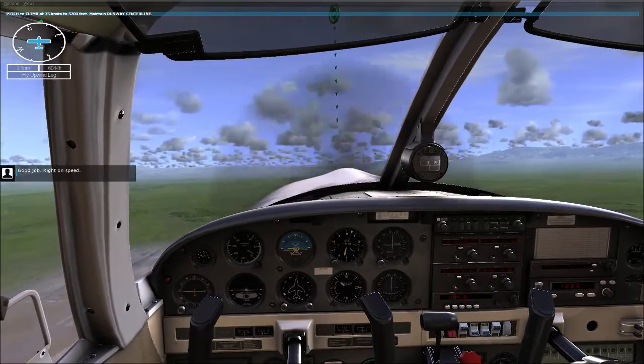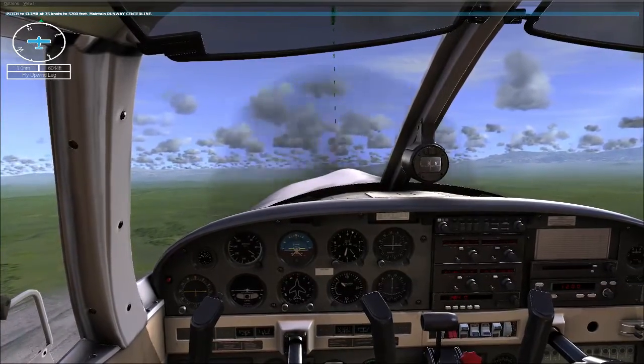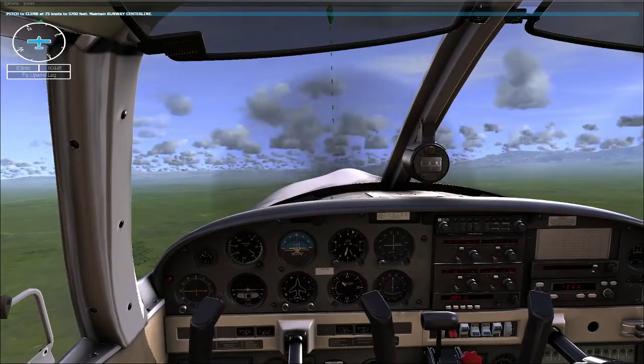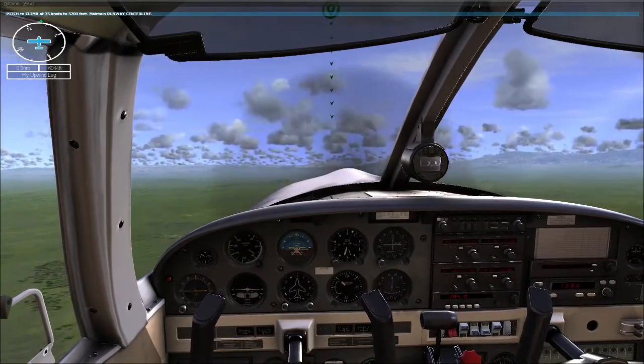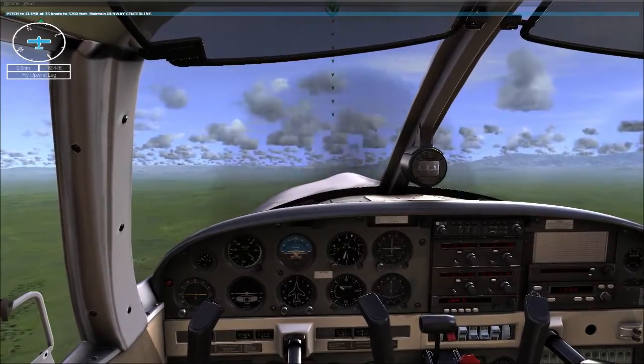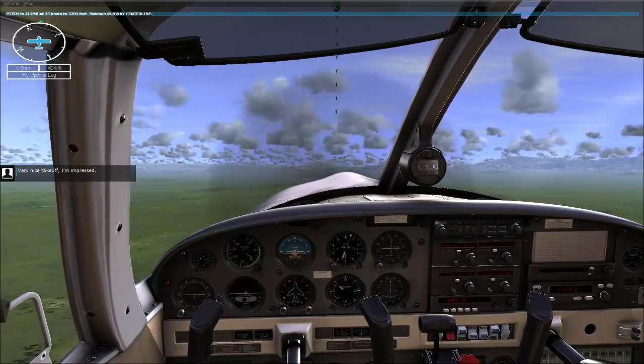Good job. Right on speed. Give it full power for takeoff and climb. Very nice takeoff. I'm impressed.